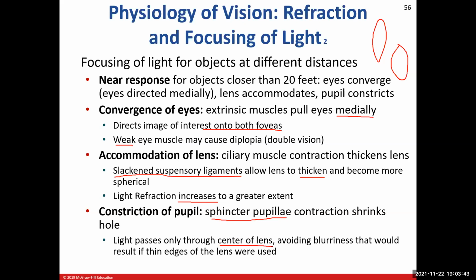They're great for dim light situations, okay? We want our cones to be the ones that are going to be affected by this. So when we constrict the pupil, it lets less light hit the periphery of the retina, and more light is going to enter in towards the fovea centralis there. So our goal is to avoid that blurriness that we would see.